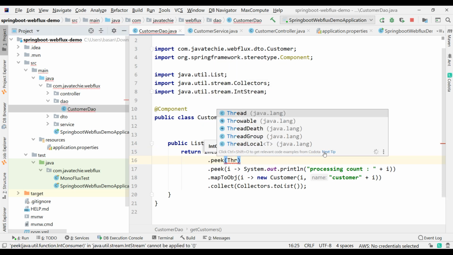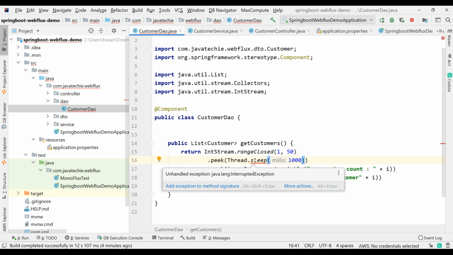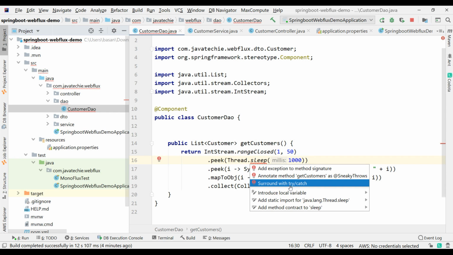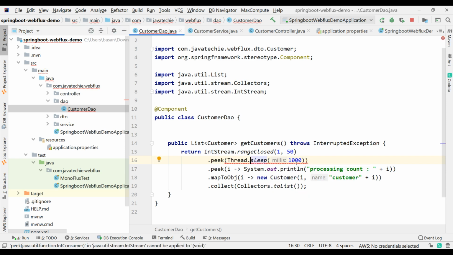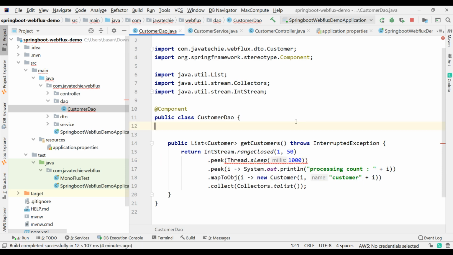Then I'll just use Thread.sleep for 1 second. I'll convert it to a method reference, or else you can add it here itself. Better, let's convert it to the method reference.